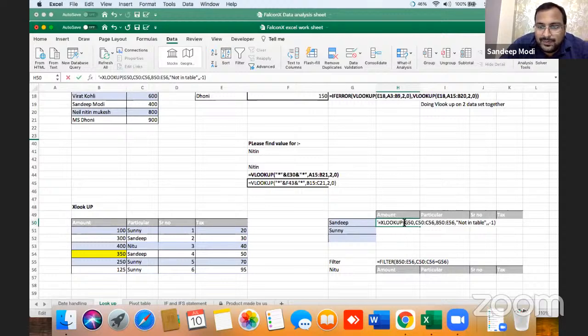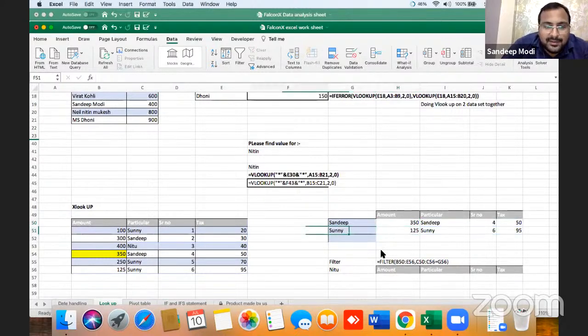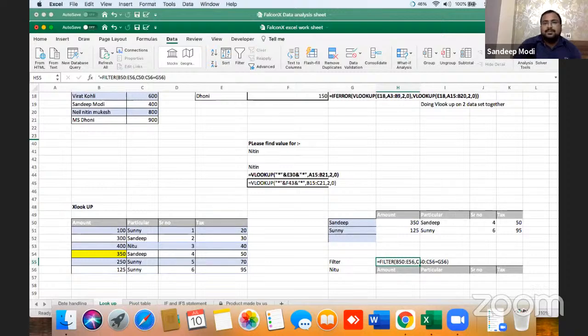I hope, anyone, any queries? Now I can easily drag it. Yeah. Anyone, any queries relating to XLOOKUP? Okay.